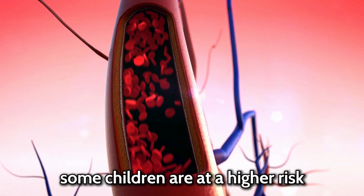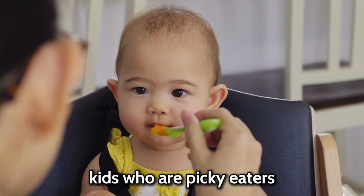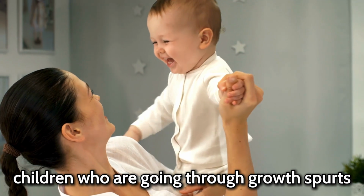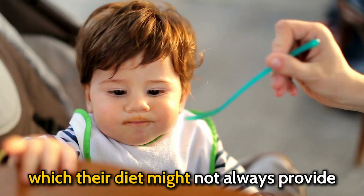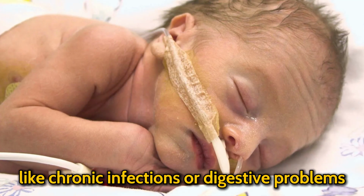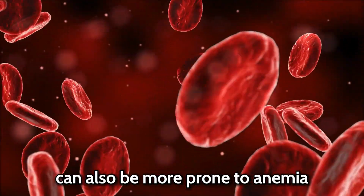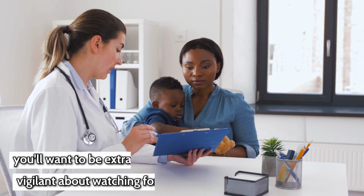Some children are at a higher risk for developing anemia than others. For instance, kids who are picky eaters might not be getting enough iron from their diet. Children who are going through growth spurts also need more iron, which their diet might not always provide. Kids with certain health conditions like chronic infections or digestive problems can also be more prone to anemia. If your child falls into any of these groups, you'll want to be extra vigilant about watching for the signs